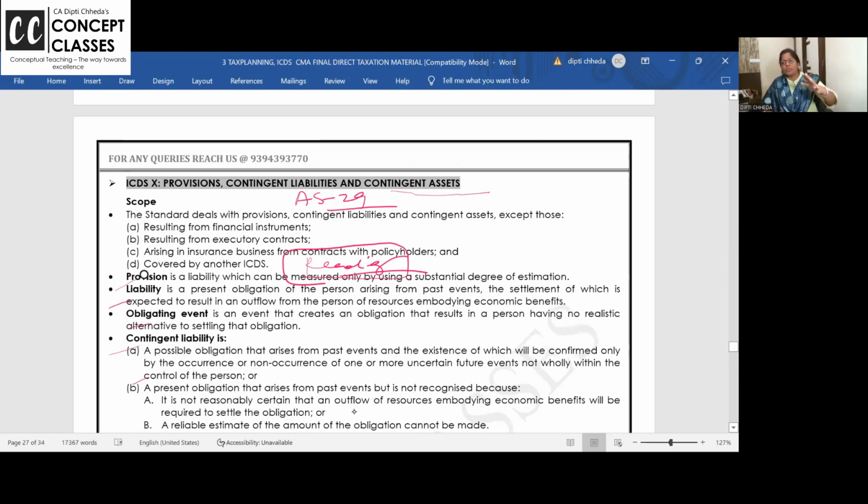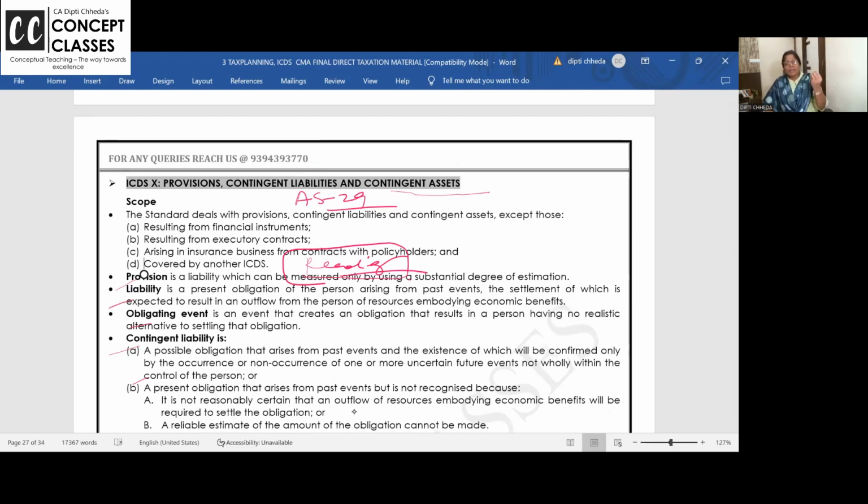You have got a huge project, and you just got the project, but you're very sure that when you complete the project, you will earn great. Can you recognize that as income and pay income tax on that? Answer is no. Contingent assets and liabilities are neither recorded in books nor in income tax.